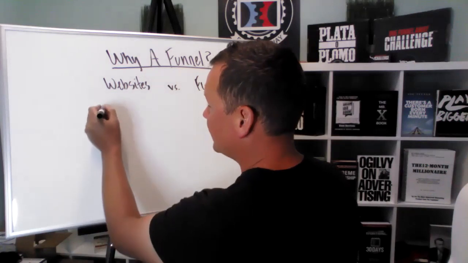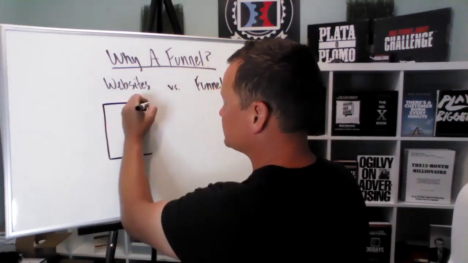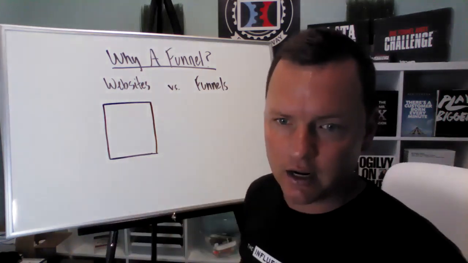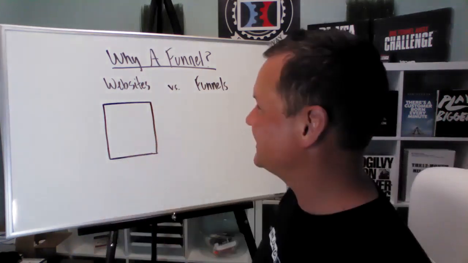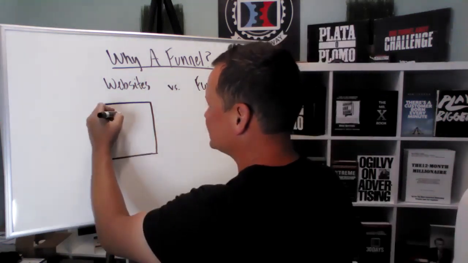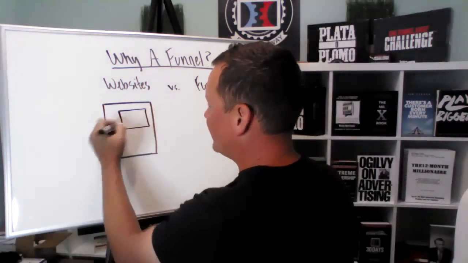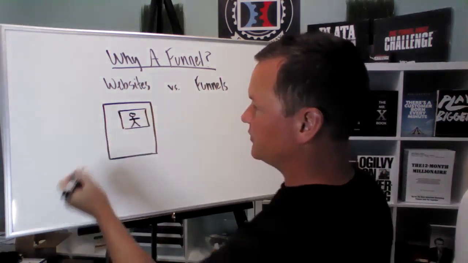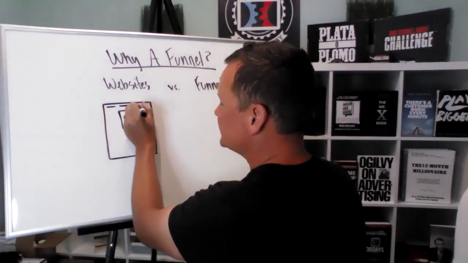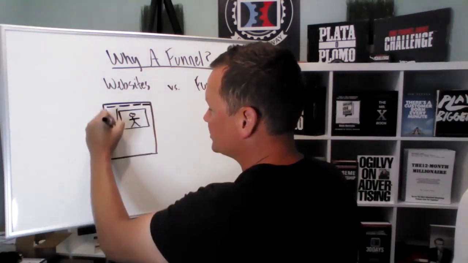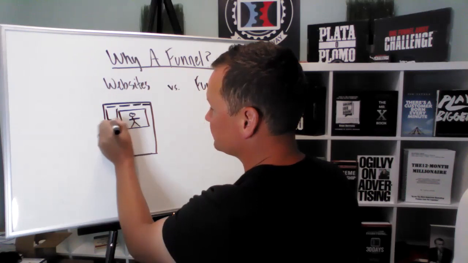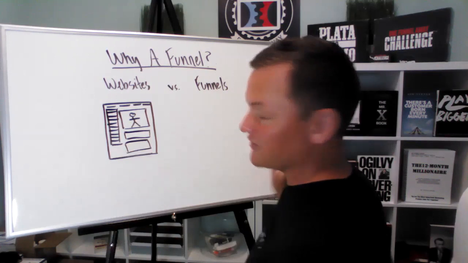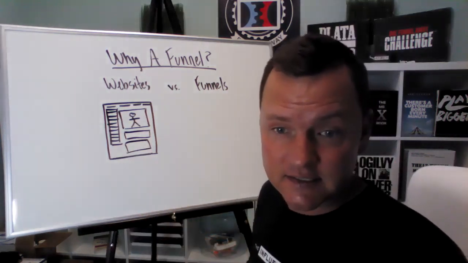Now, when you have just a general, say a small business owner, they have a website. They're thinking, I've got to be online. I've got to have online presence, right? And so they have a website. And a typical website, maybe it has a picture or a video of the business owner, and maybe it has some tabs up here that have a whole bunch of drop-down menus, right? And maybe they have some buttons over here and something else there. They've got a whole bunch of things, right?